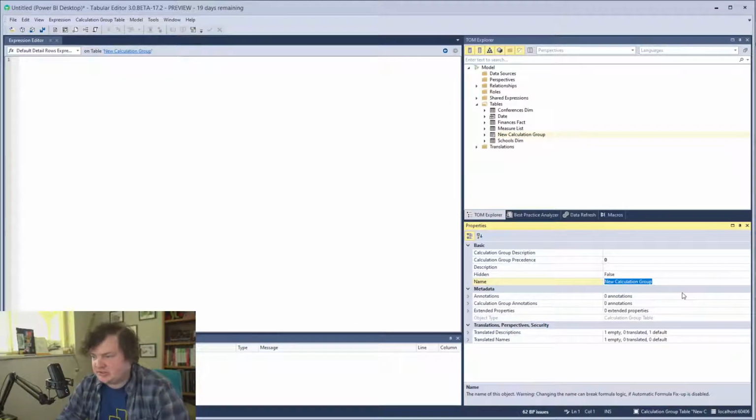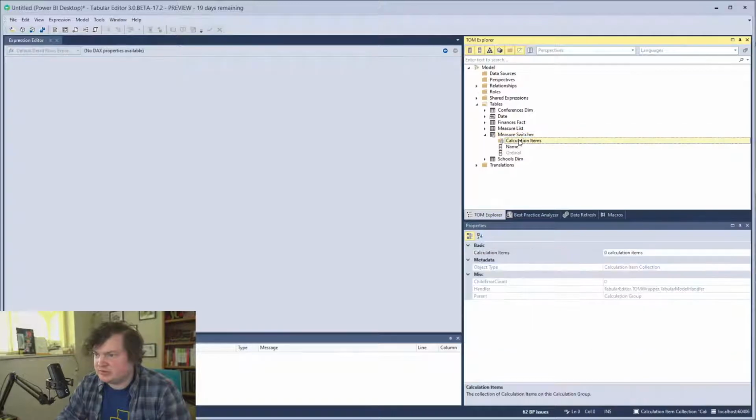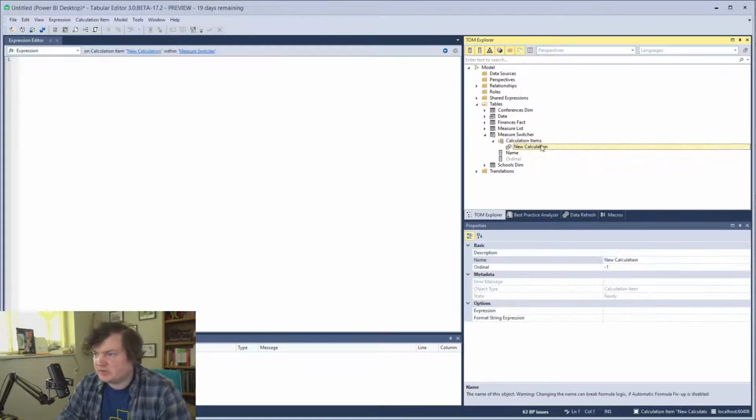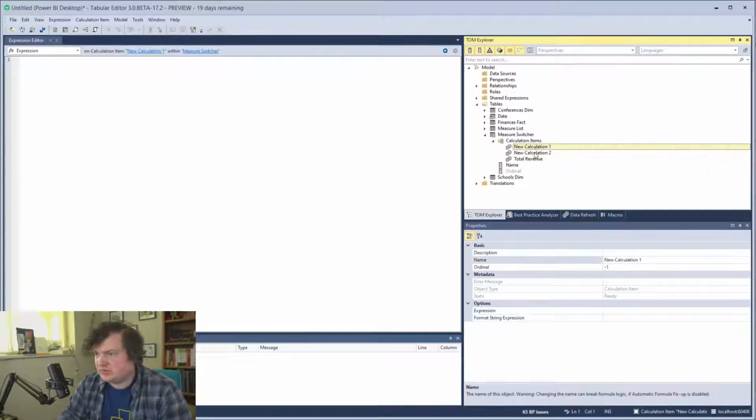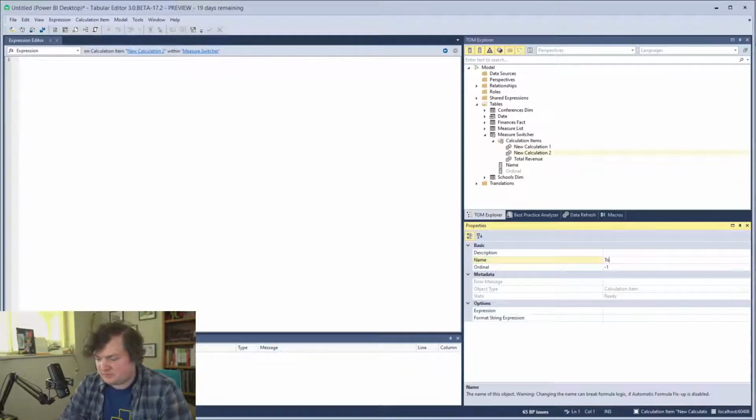So we can do this. Switcher. And so we can create an item for each of our measures. So profit,